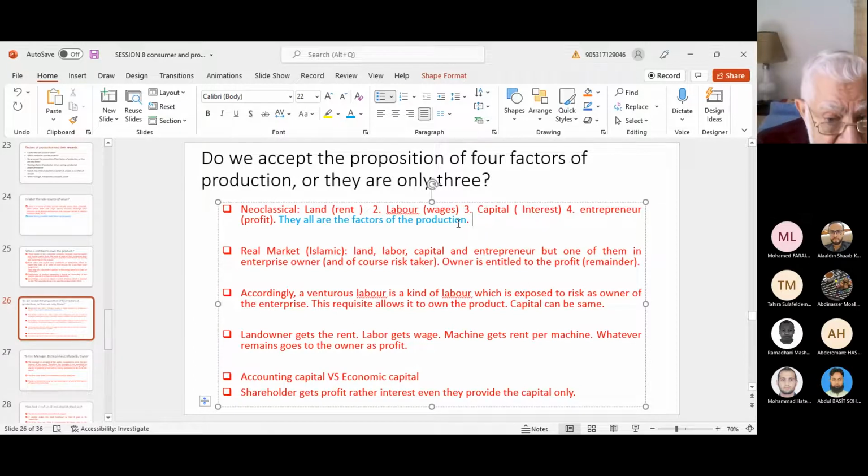Then they hire machines, that is capital in the economic meaning. They hire machines, they hire land, they hire labor, and they hire also the entrepreneur. So in this example, the owner deserves the profit. And all those that are hired are hired at a prefixed return. For the owner, consider it cost. So these prefixed returns are cost for the owner.